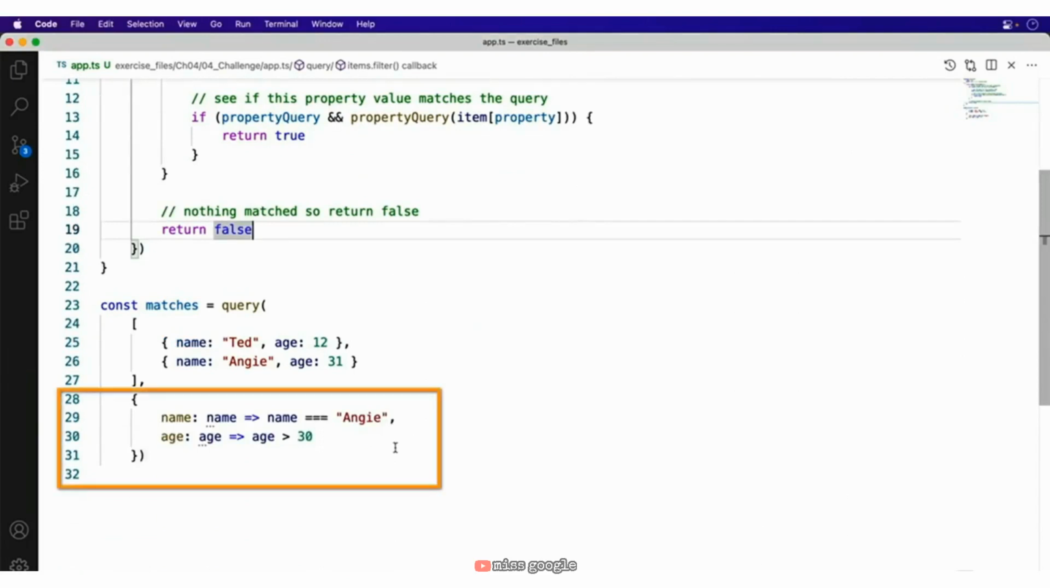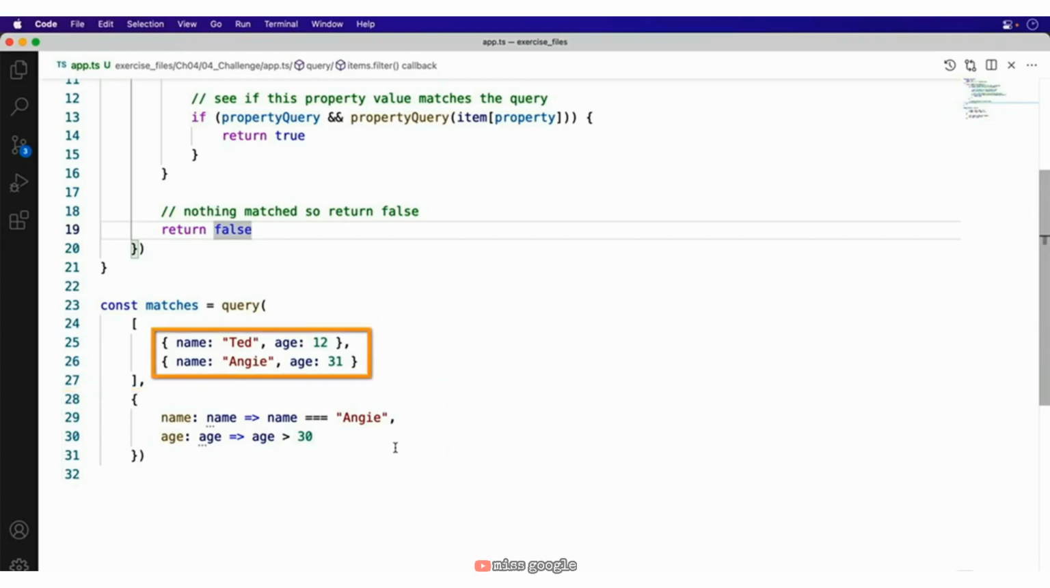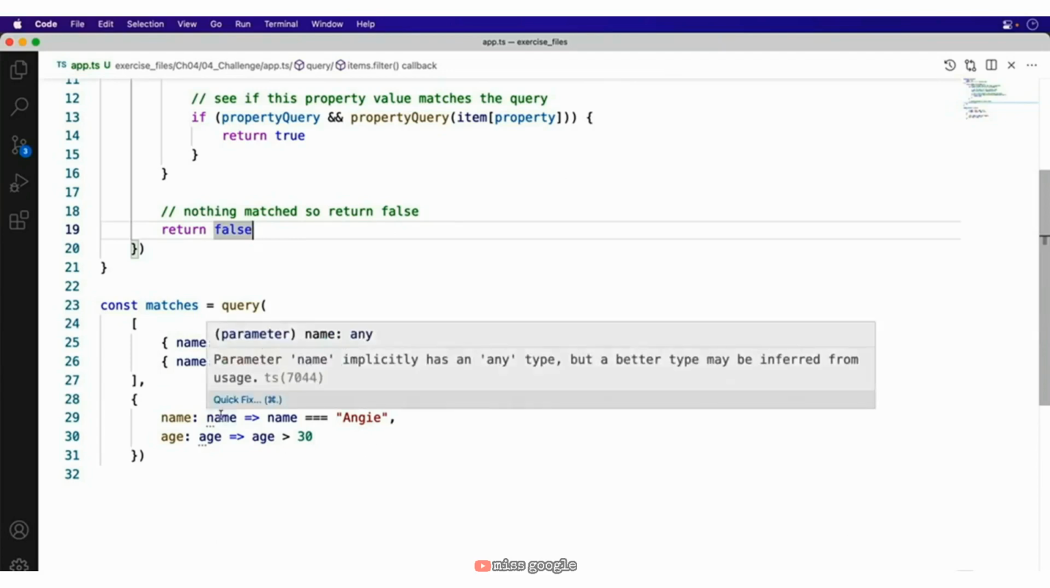Well, it's this object right here. An object that allows for properties that match the properties of the objects in the array above it. And each of these properties on this query object should be a function that accepts the value of that property and returns true if the value matches the function and false if it does not. You'll know you've got it right when you can hover over this and see the type string